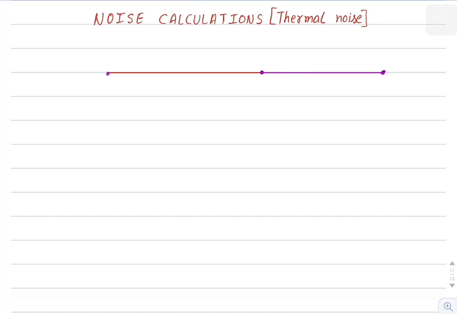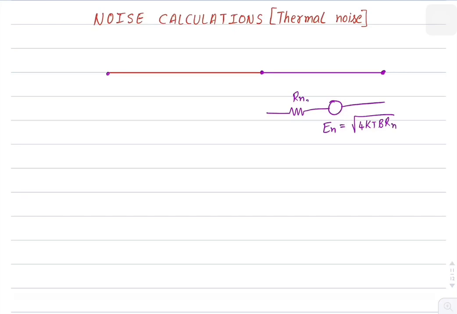If there exists a current carrying conductor, definitely there will be a noise voltage generated there. At the same time, you represent the conductor with a resistance in series with a noise voltage En equal to root over 4kTBR, where R is the noise resistance of the conductor. So I can represent it with Rn.